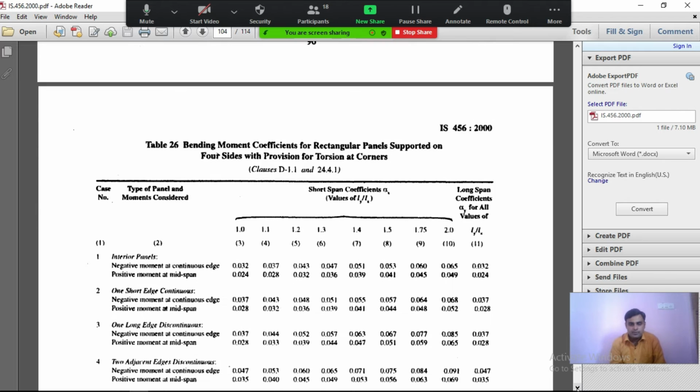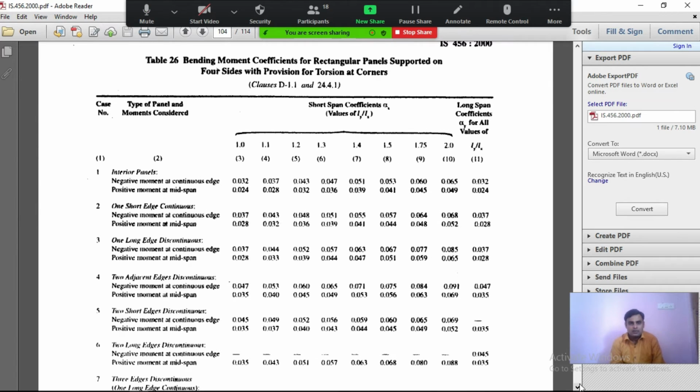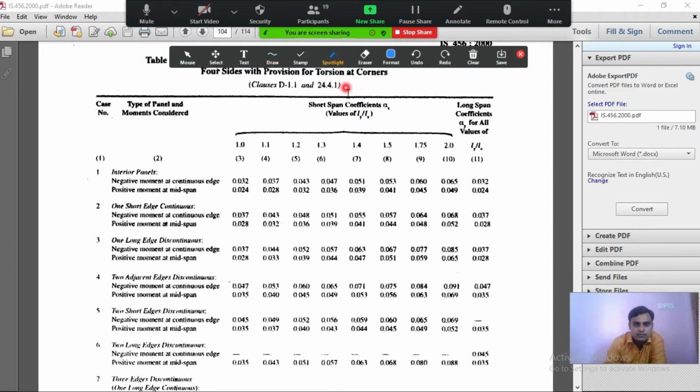Now on this page, this Table number 26 you are going to use when your corners are held down, that is, when torsional reinforcement is provided at the corners. In that case also, out of these 9 cases, one of the cases may be given to you in the numerical.